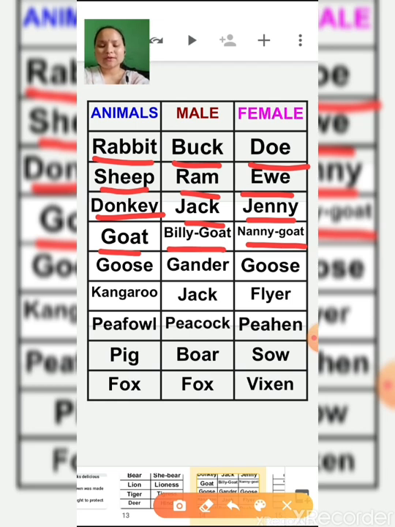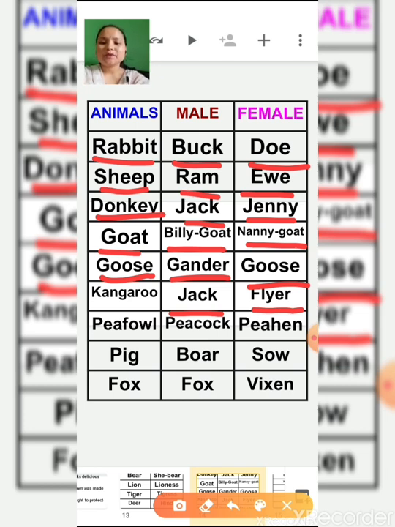N-A-N-N-Y-G-O-A-T, nanny goat. Goose. Male goose is known as gander, G-A-N-D-E-R, gander. And female goose is known as goose, G-O-O-S-E, goose. Kangaroo. Male kangaroo is known as jack, J-A-C-K, jack. And female kangaroo is known as flyer,